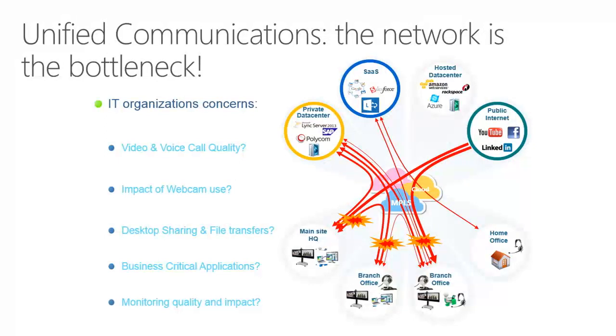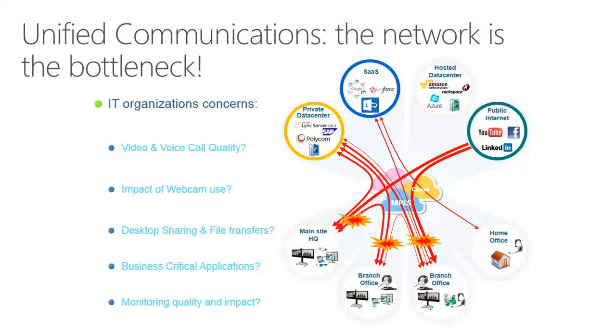And they all need to be able to guarantee voice quality. We need to manage the activation of webcams to make sure that we don't swamp the network with two guys sitting next to each other doing a video conference, for example. We need to understand the impact of things like desktop sharing and collaboration, because they're incredibly useful ways of avoiding travel expenses, for example, but actually they put a big load on the network. And actually, if you're using Lync in the cloud, you've got flows that go in multiple different directions just to achieve any of these particular communications aspects.